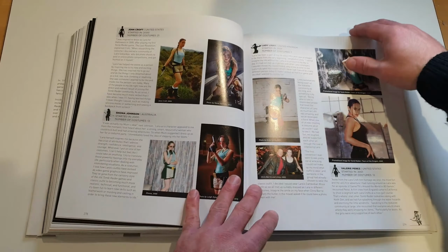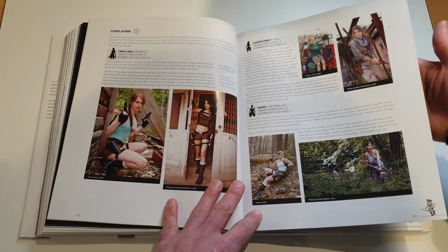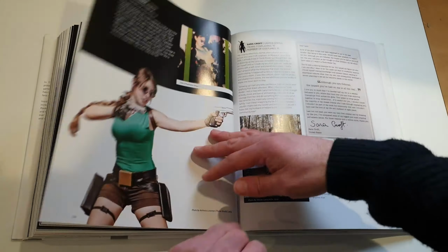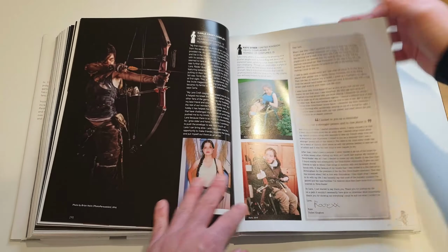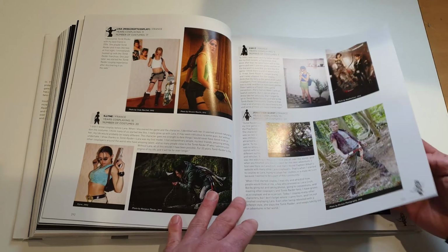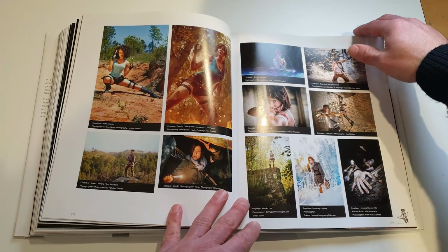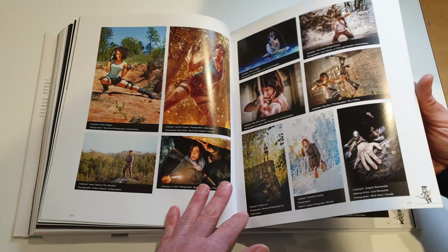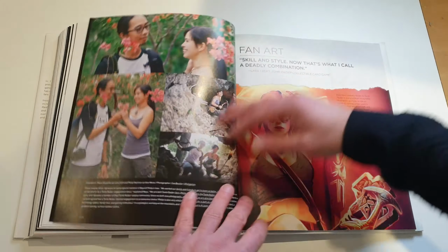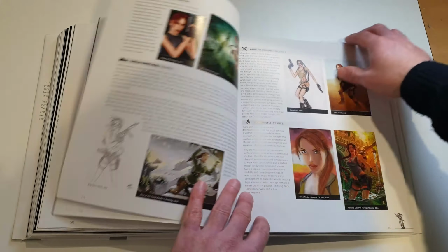Now we're into this cosplay section, which personally I find a bit strange, but there we go. Some people obviously enjoy dressing up and pretending to be her, feeling empowered by taking on the persona of Lara Croft, even some guys dressing up as a male Tomb Raider. Well, you know, whatever. People can do what they like, can't they? And there's a lot of them at it. I guess some people might want to hire Lara Croft to appear at a birthday party or something. So yeah,